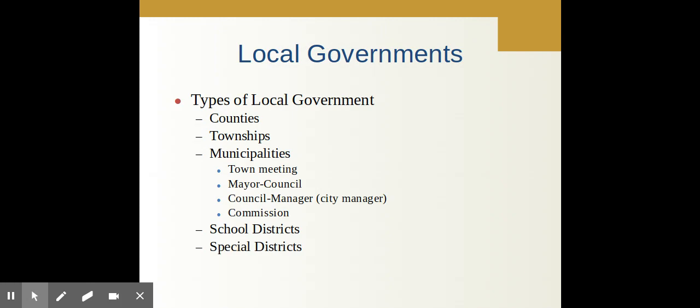And then, of course, there are school districts and special districts. School districts in Pennsylvania, we elect 9 board members in odd-numbered years, and we stagger them, 5 in one year, 4 in the other. And special districts, like I mentioned before, can be for things like water commissions or nature or stuff like that.